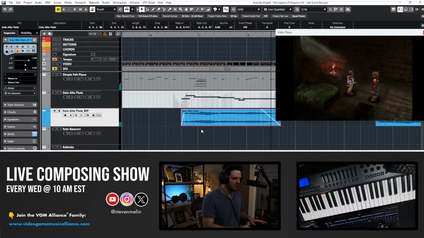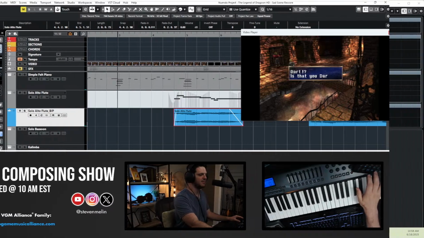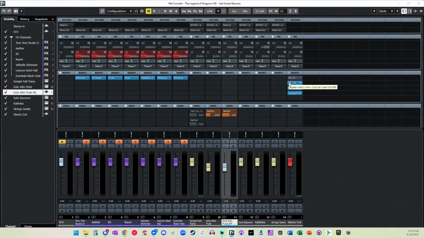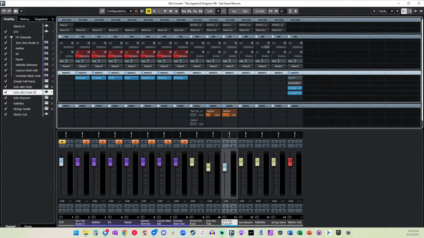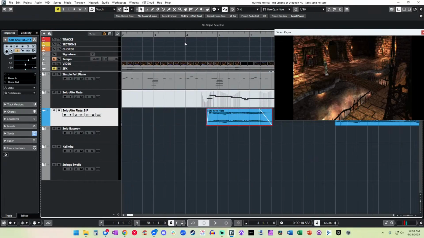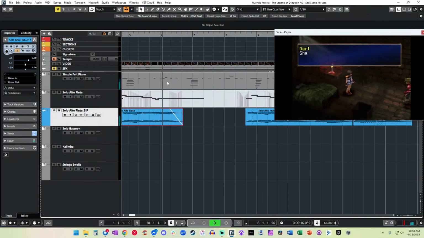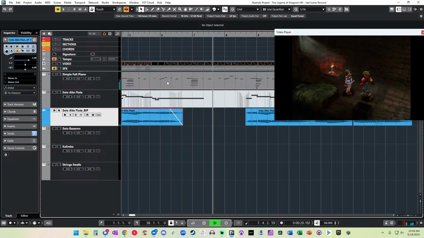Also, we're not going to hear much of a difference because there's not many instruments playing, but I want you guys to hear the difference. I'm going to turn the console Neve plugin off. Listen to this without it. It's going to sound way more digital. Listen. Not by much, but enough.